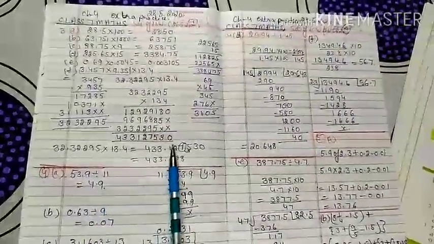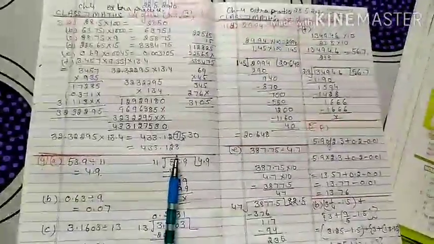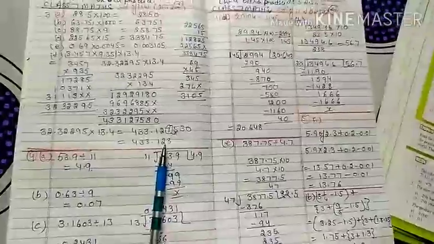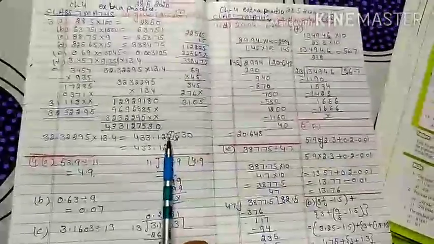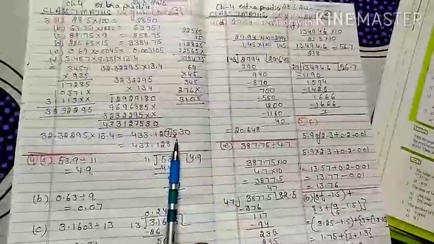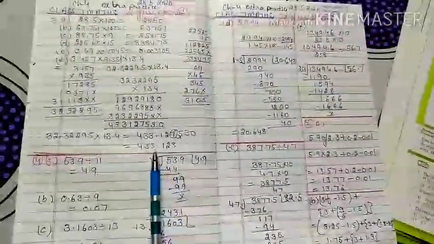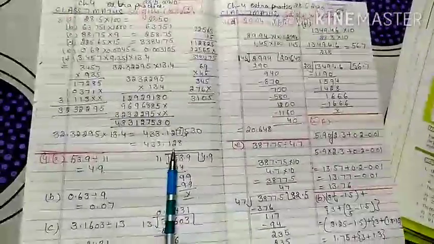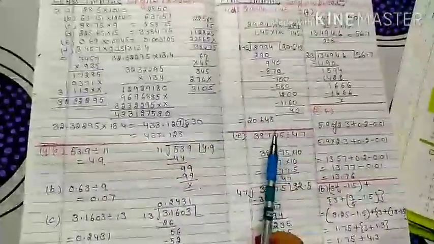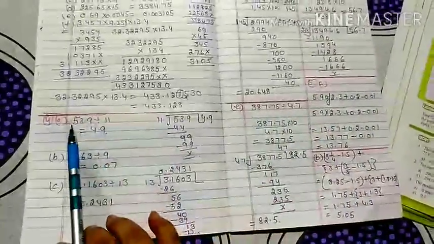Okay, so after marking the decimal, your question is you have to round it up to 2 or 3 decimal places. If I round it to 3 decimal places, I mark this third digit after the decimal. So check the next digit. If it is 5 or more than 5, then 1 is added to the rounded digit. So that will be 433.128.